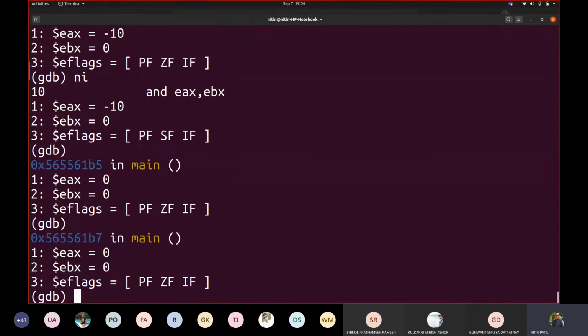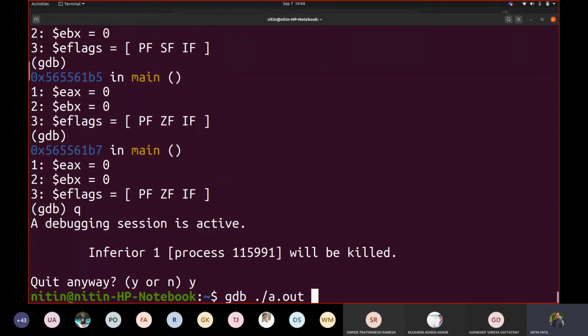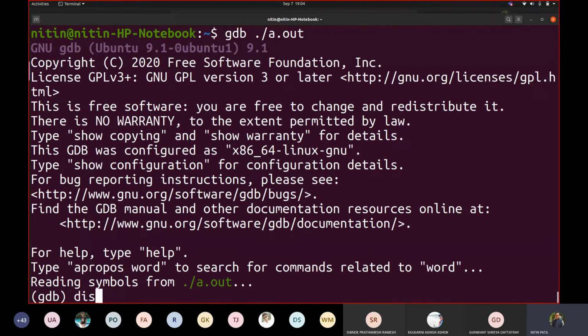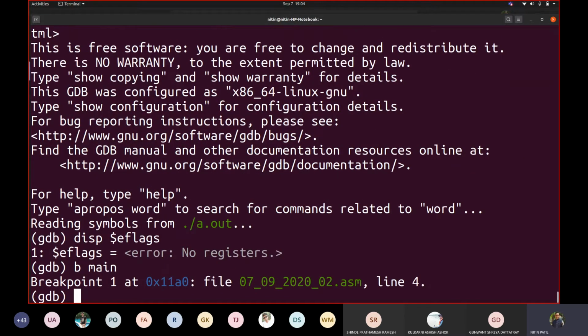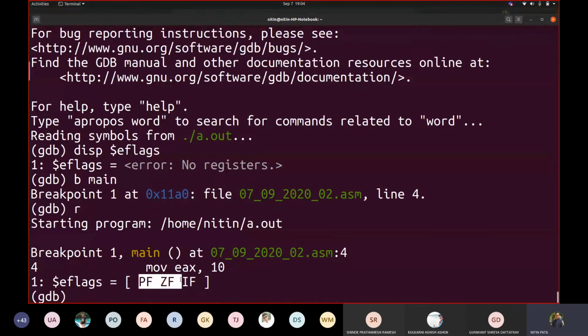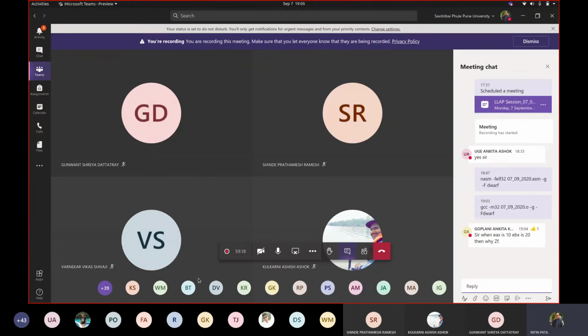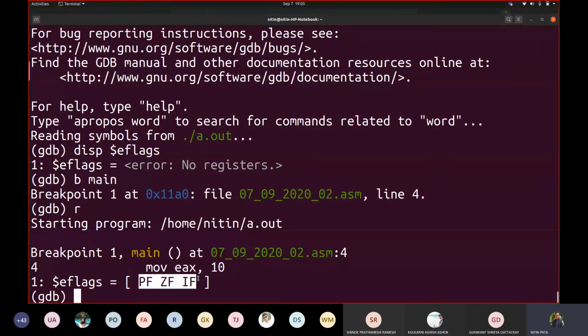If I start debugging the code again and write breakpoint main and say R, you will always see these three set. It is not because of move EAX and move EBX. Fine, Ankita, I hope you understood it. This is the default setting that you have PF, ZF and IF always there.